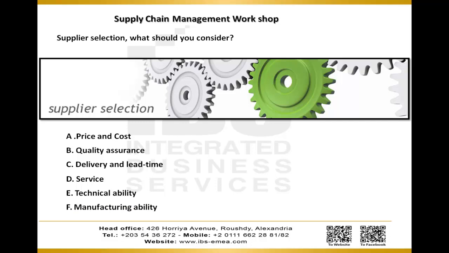F, manufacturing ability. If they can make one, can they produce the quantity we need month after month? Purchasing may need help from manufacturing people to make this determination. G, flexibility. How flexible is the supplier in handling changes in delivery schedules, quantity, and product or service changes? H, location. With all other things being equal, closer is better. Transportation is normally less expensive, and if there is a problem, it is easier to pay them a visit.